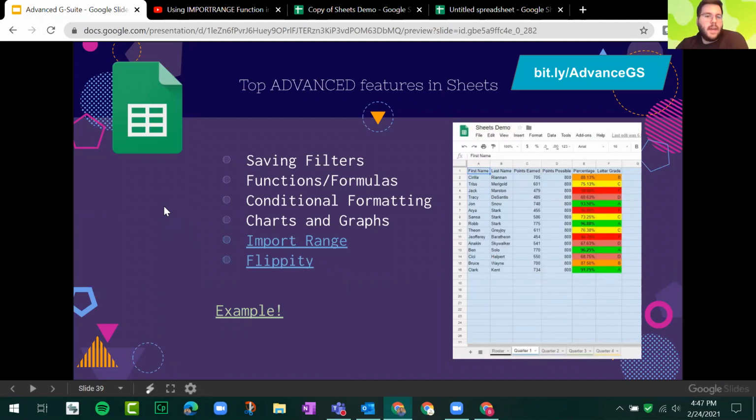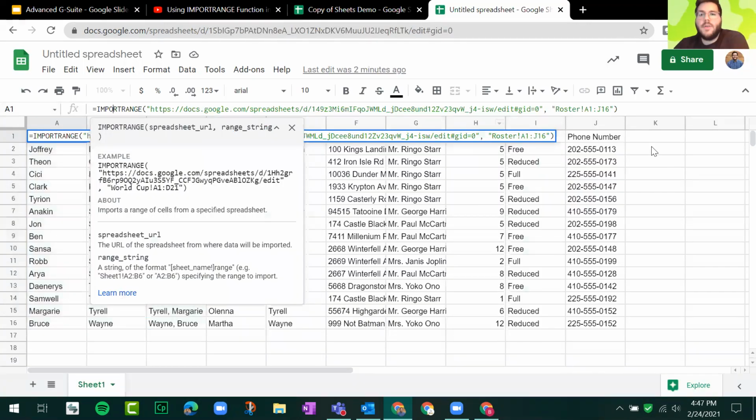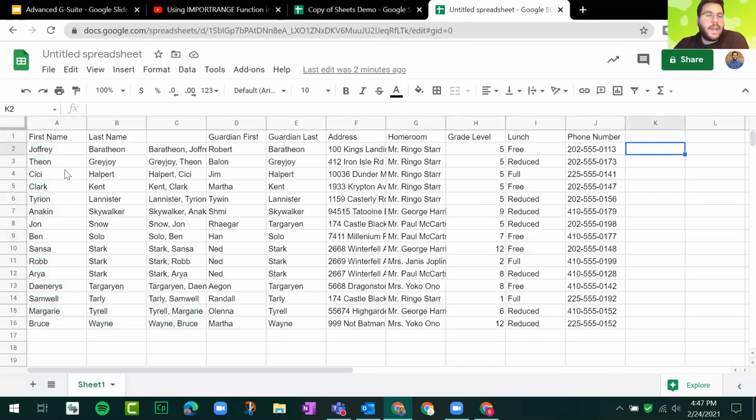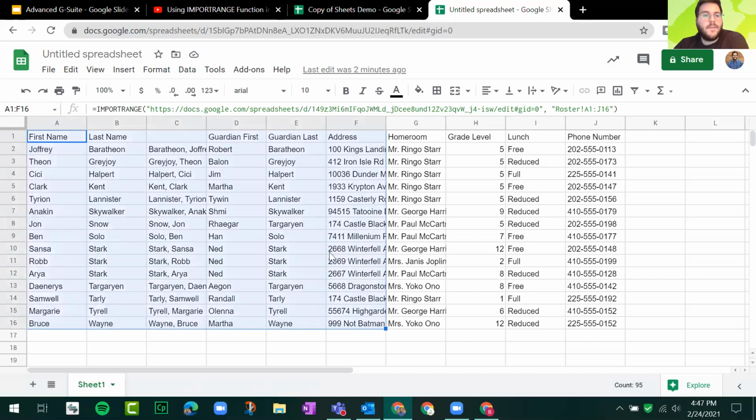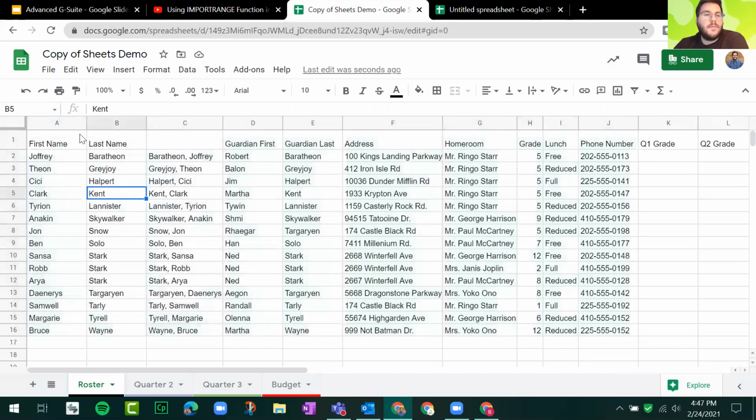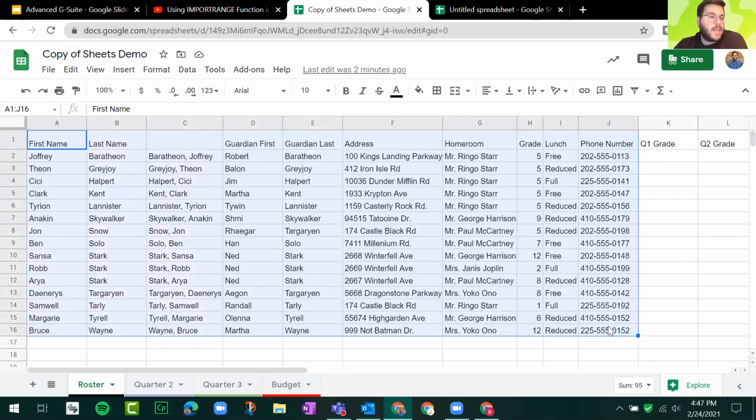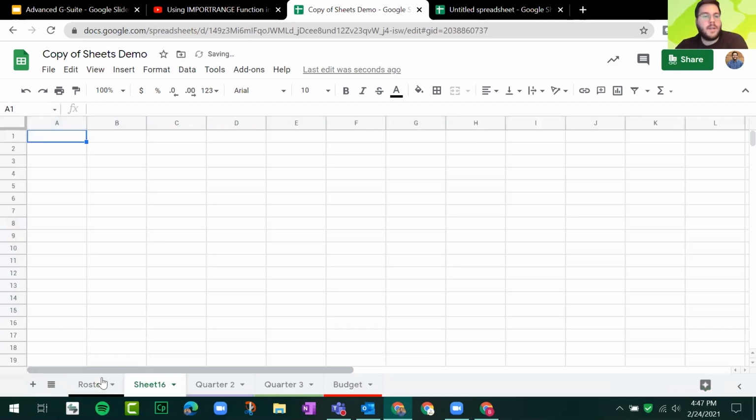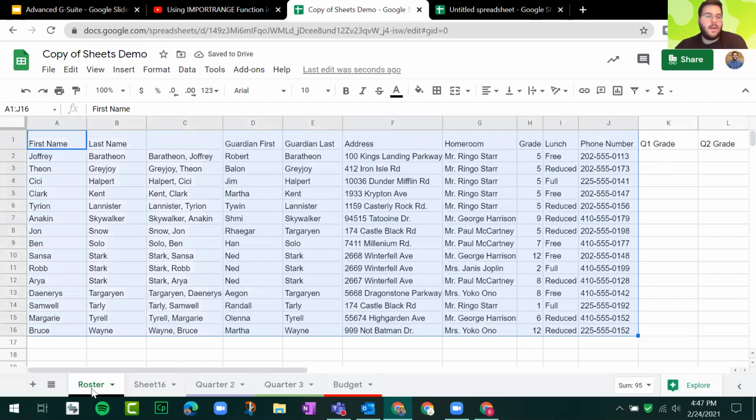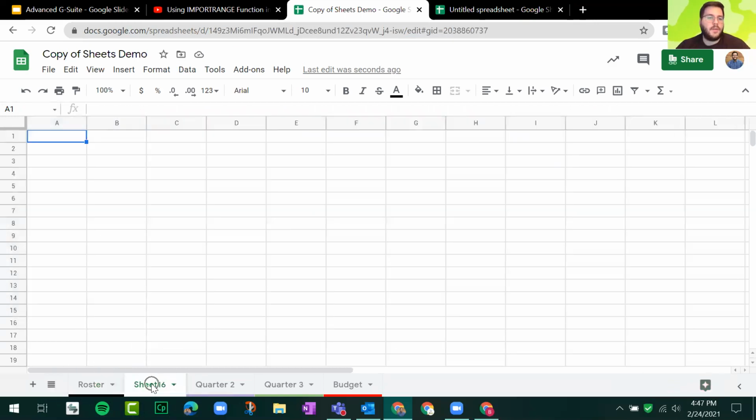That was kind of the big tricky formula to know. One other thing to mention as well, you can also import a range of cells from one sheet to another within the same file. So what I mean by that is if you have information in one tab at the bottom, like in this roster tab here, and I want the same information to show up over here in this other new sheet that I just made,